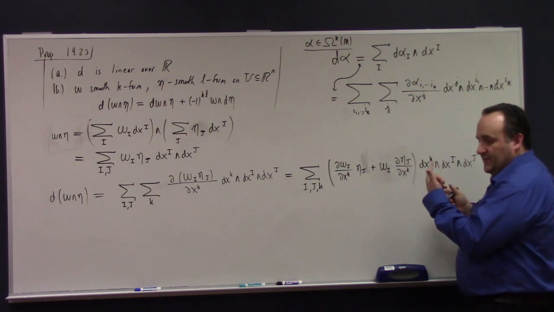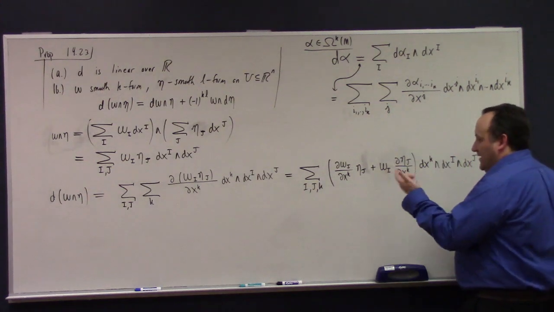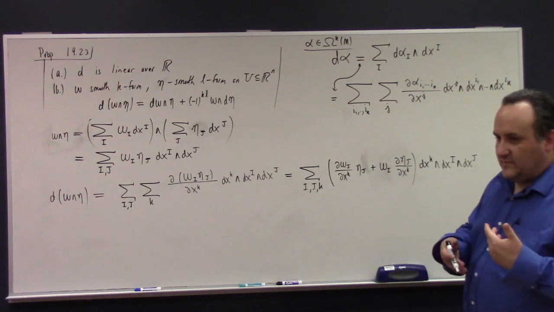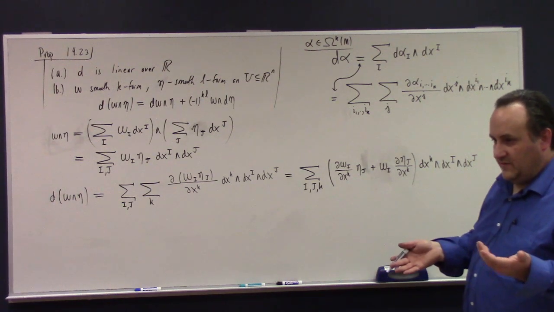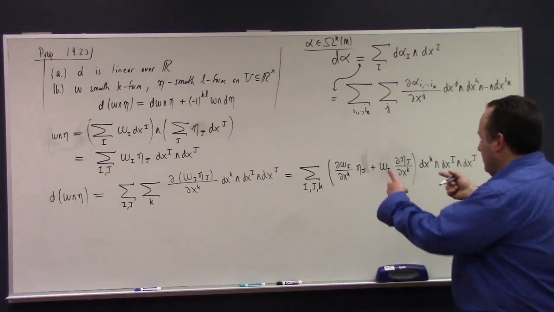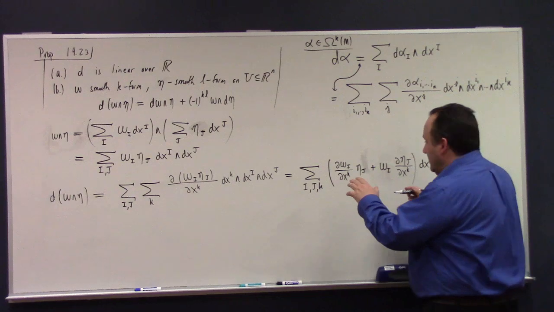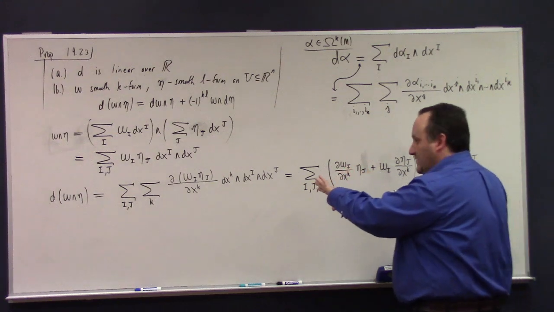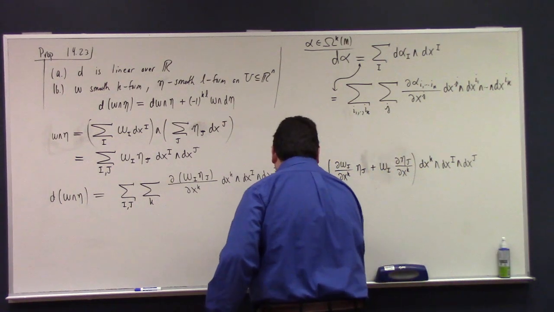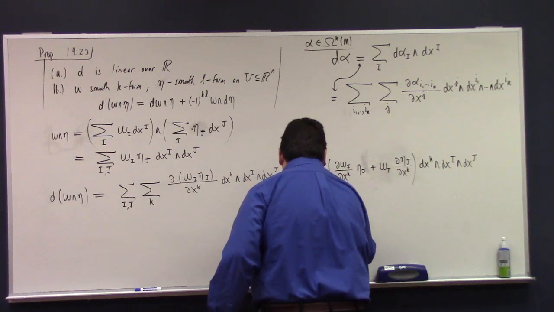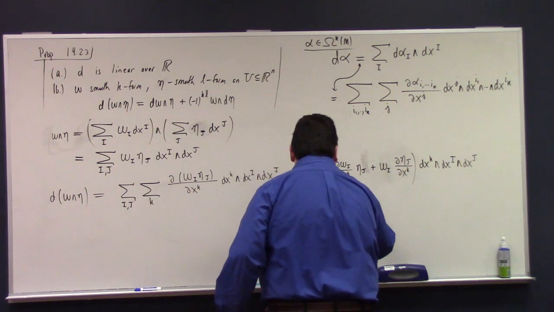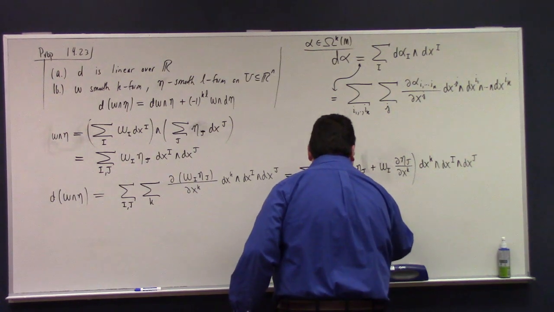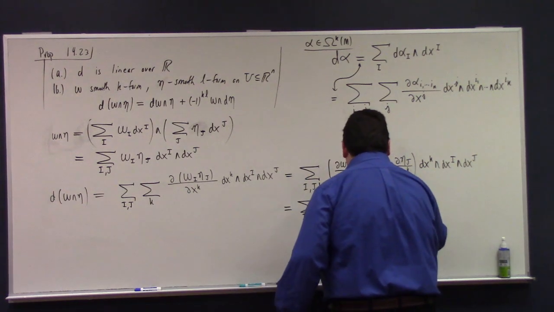For an arbitrary pair of multi-indices I and j, the product of omega I and eta j is just a function on the manifold, right? So by the product rule, which you proved back in homework 1 for the coordinate derivation, we can do that. And then what you do is undo it. Bring the k over, so you've got a sum over I and j, a sum over k of partial omega I, partial xk, dxk, all of that times your eta j,